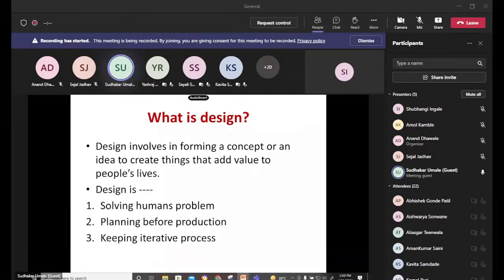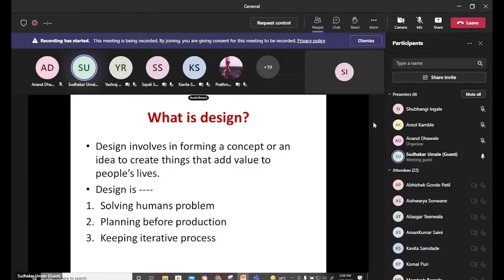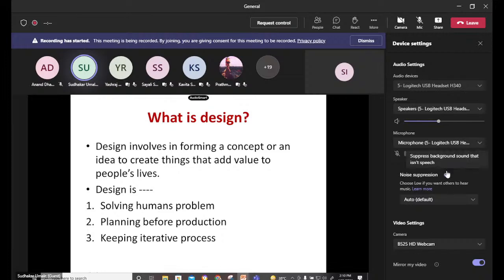So this is the second question. What is design exactly? Design involves informing a concept or an idea to create things that add value to people's lives. This is very important. The design is always adding value to people's lives, and hence according to this design process definition, a design is required for solving human problems, planning before production, keeping an iterative process,